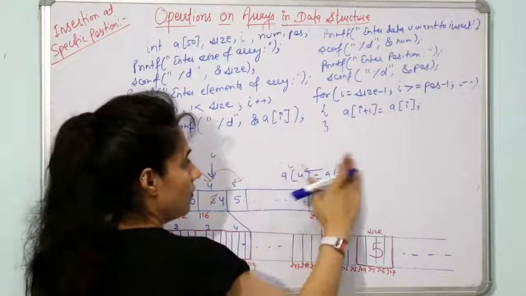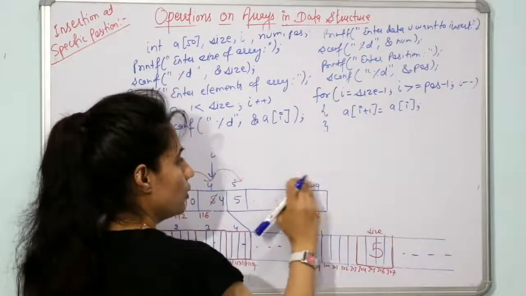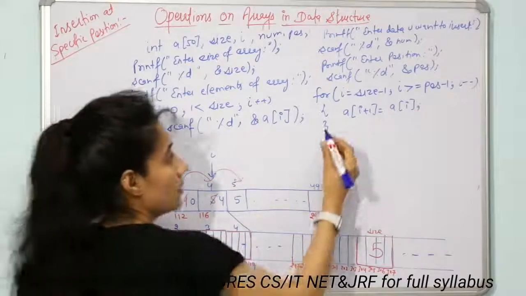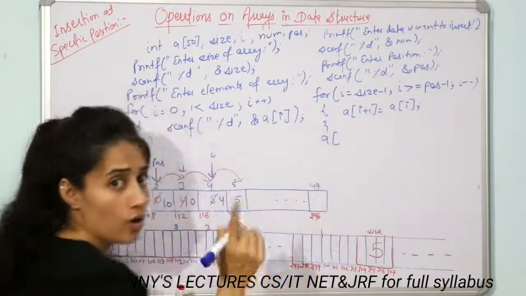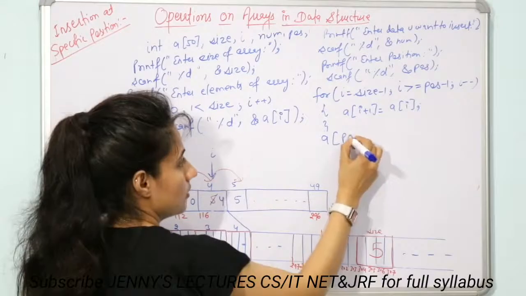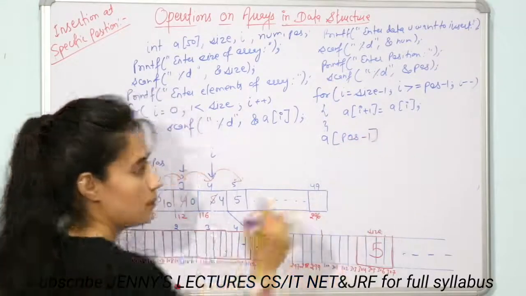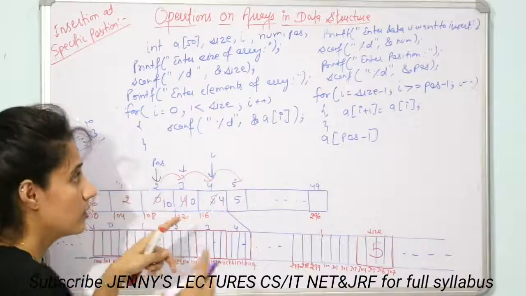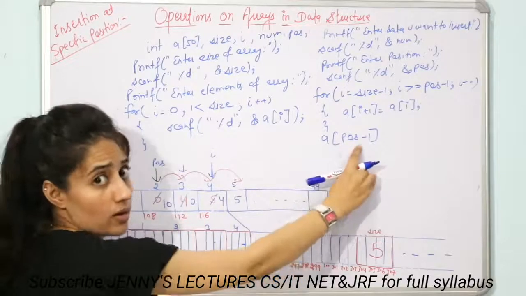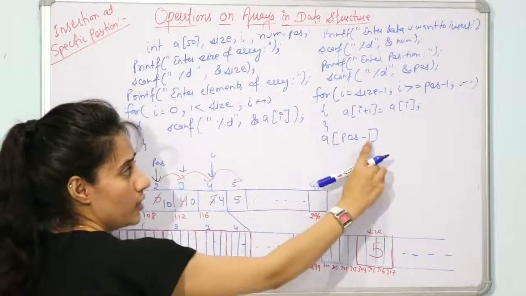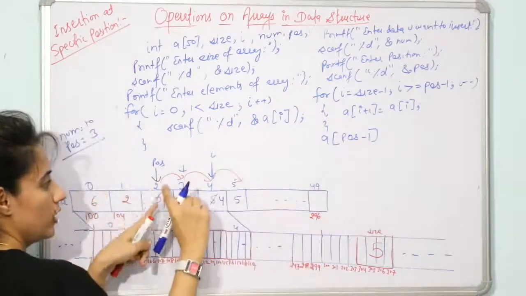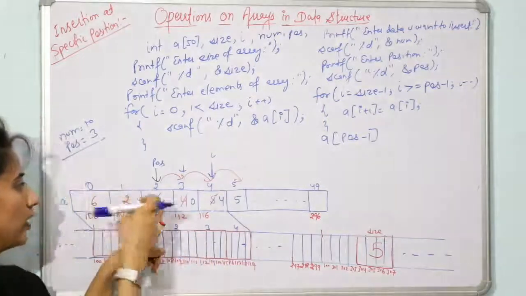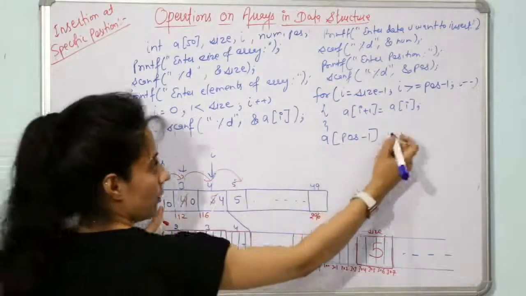So now after this for loop, what you will do, you are going to insert the data where you are going to insert, a of position minus 1. See, position is 3, but we are dealing with index, na? So a of 3 minus 1, that is a of 2. Here in a of 2 you are going to insert 10, but position is still 3, 1, 2 and 3, but index is position minus 1.